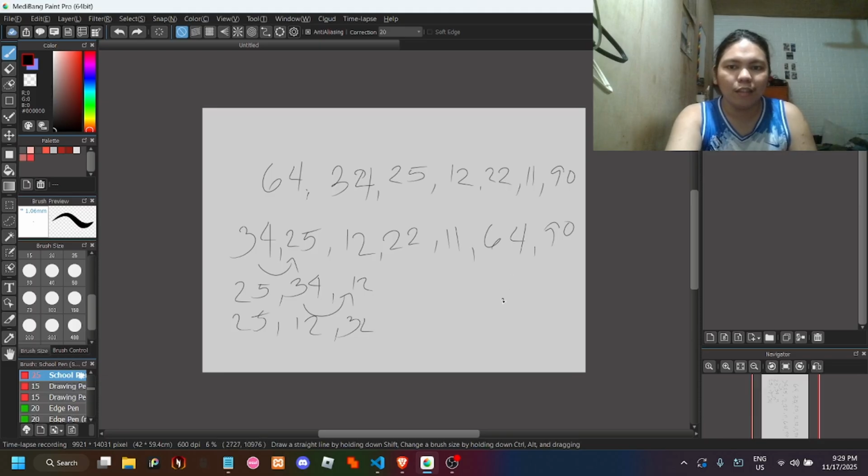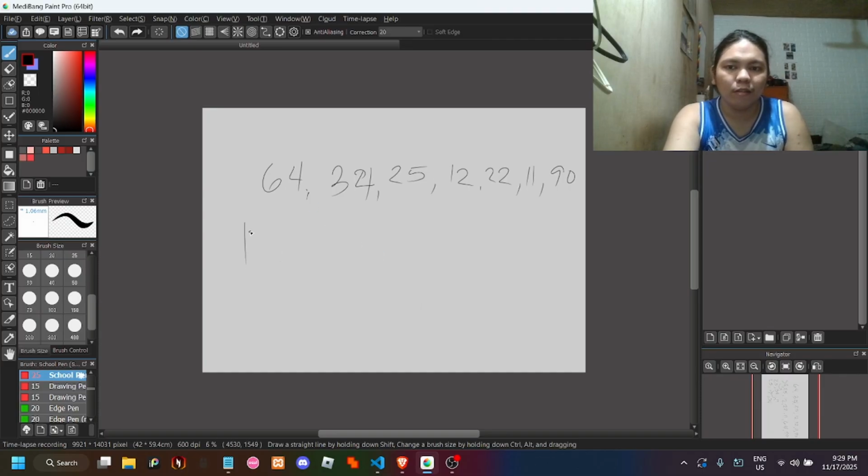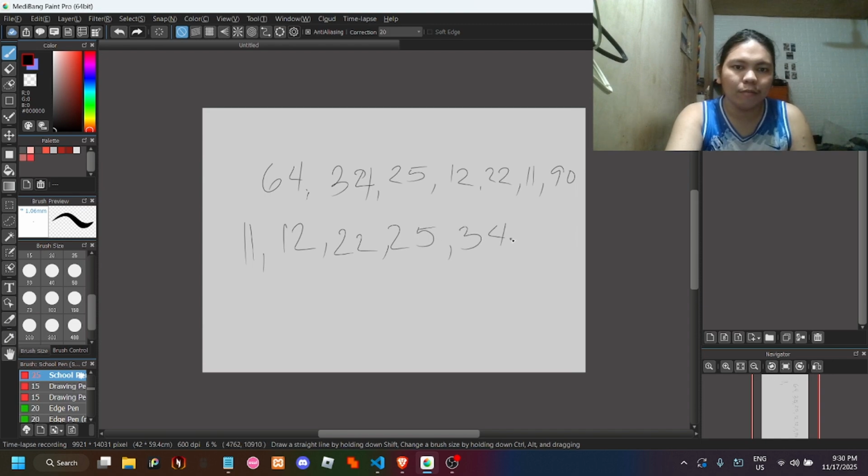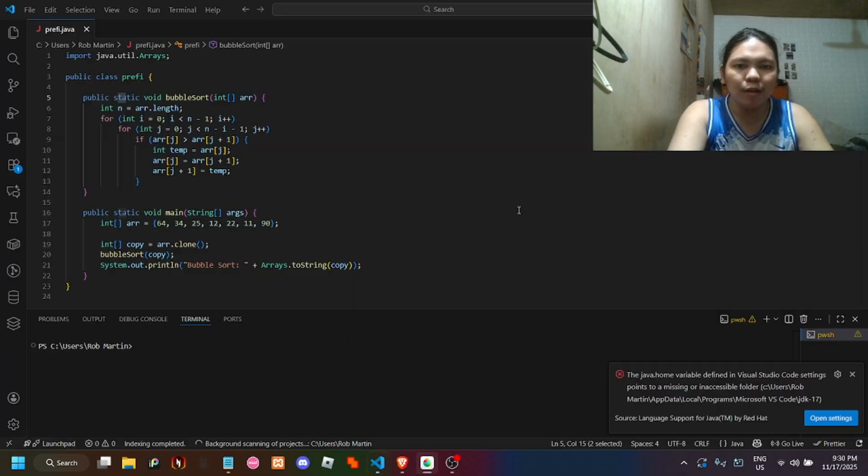Until the first position will be the lowest number, which is 11, followed by 12, then 22, 25, 34, 64, then lastly 90. We already have the code, so let me show you.